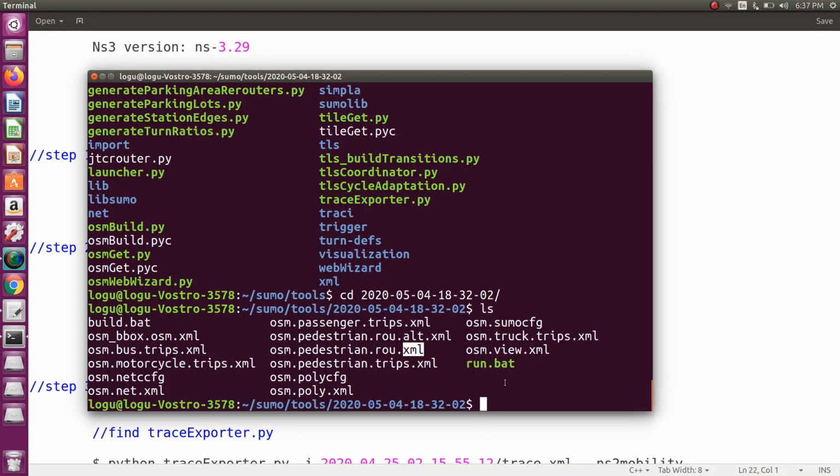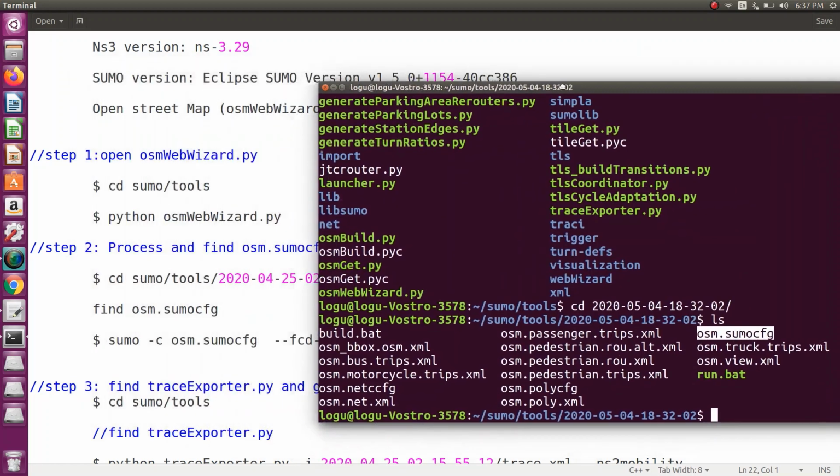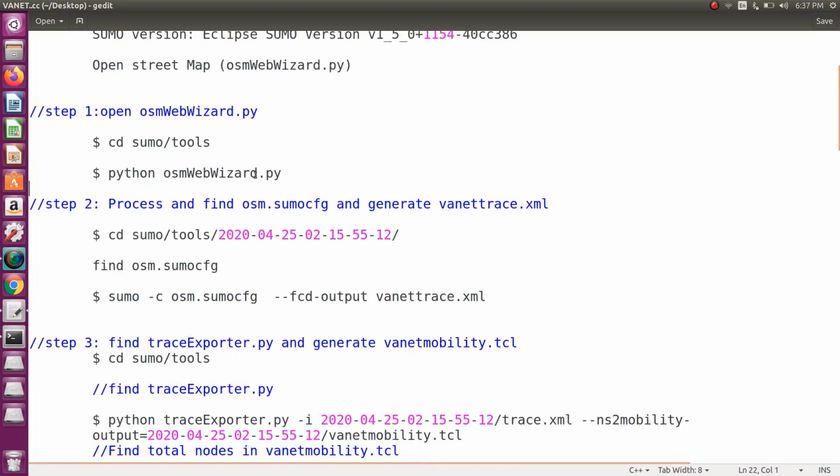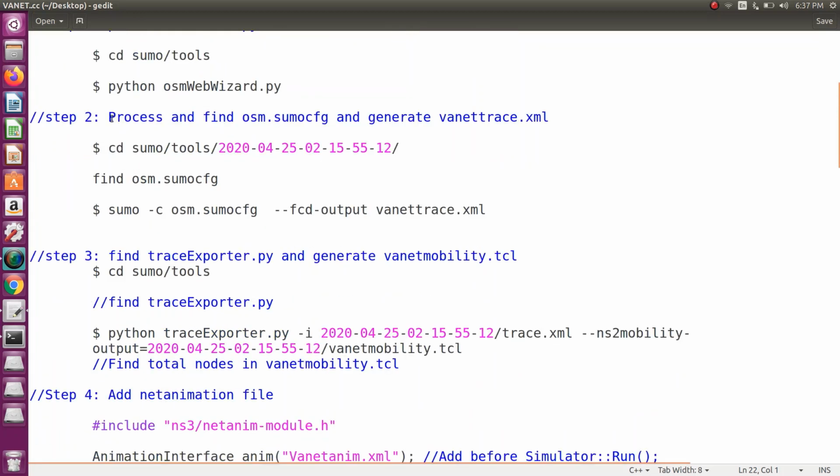Okay. So I want to use this file, OSM.sumo config file. Okay. So this is our second step of your simulation. Second step, process and find the OSM sumo config and generate the trace file.